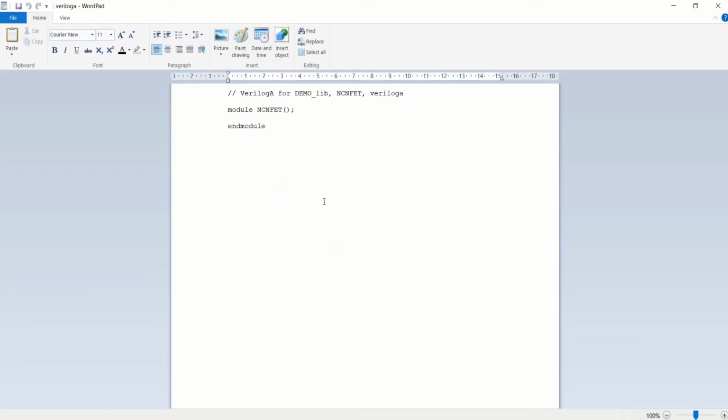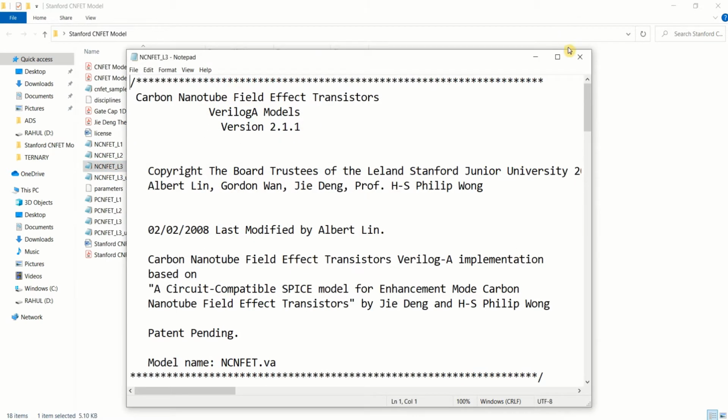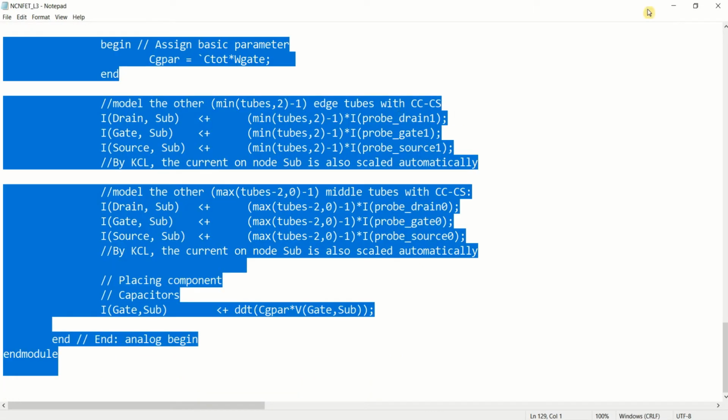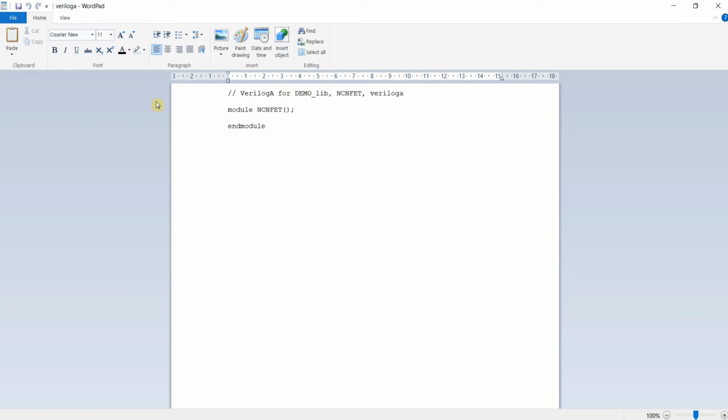It opens a text document where you have to copy the files. That is, use the Stanford model which is placed on the desktop right now. From this L3, copy this text, use Ctrl A and Ctrl C, and paste in the new file.